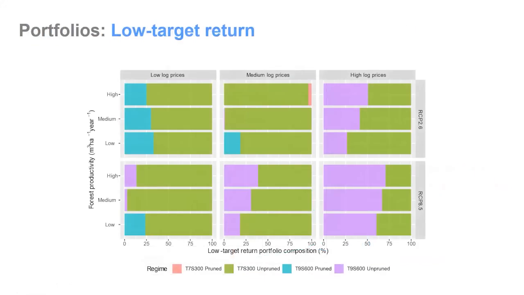And here are our portfolio results, here for the low target return portfolio, okay? Each bar here that you can see is an independent portfolio, but let me just walk you through this graph. What we have here is the log price scenarios, low, median, and high, versus the forest productivity scenarios, high, median, and low, for the 2 different RCPs. So depending where you are across this range of scenarios, you have an optimal portfolio based on our low target return